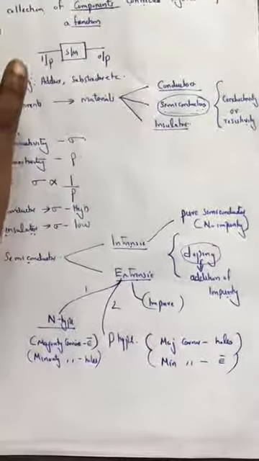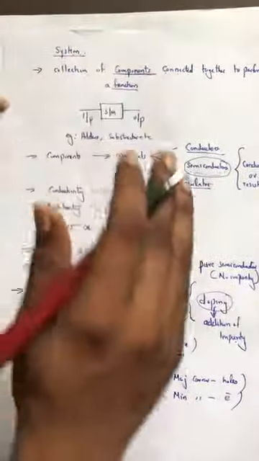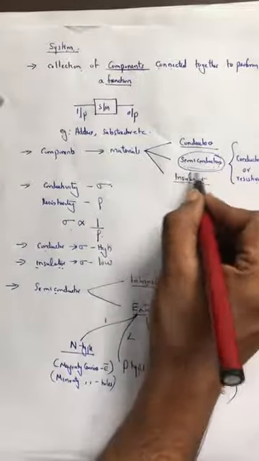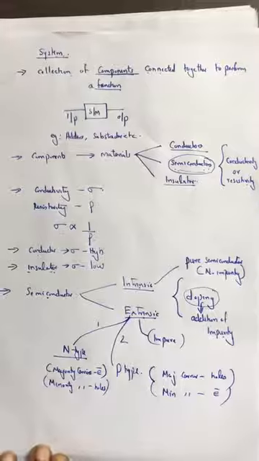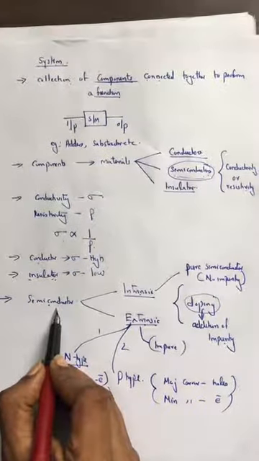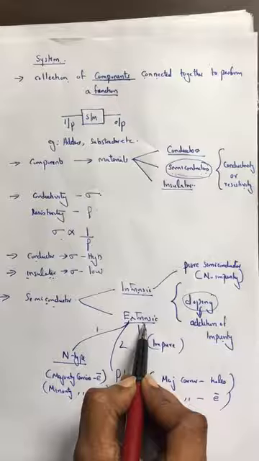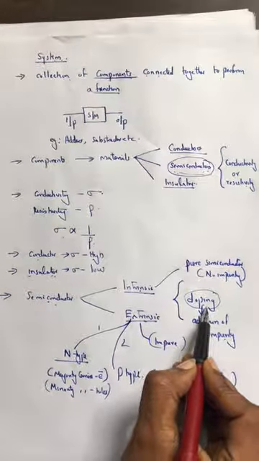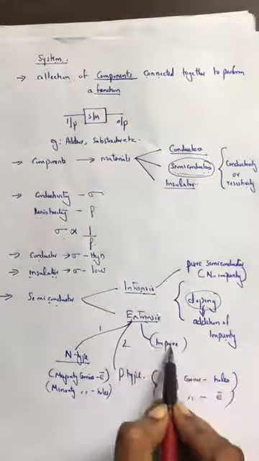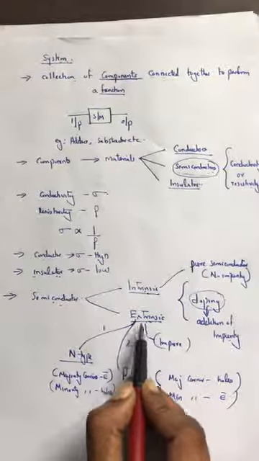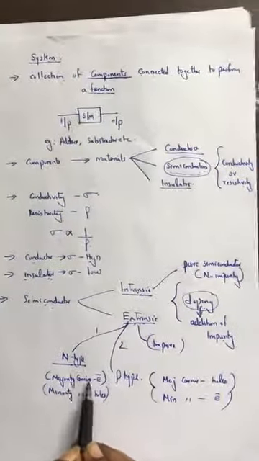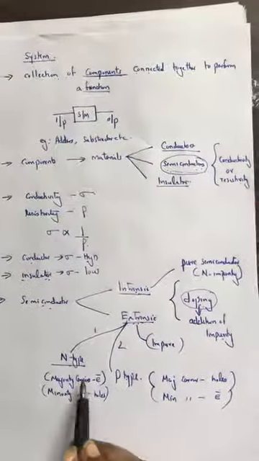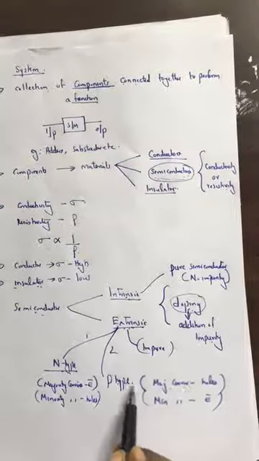So, this is the basic idea about a system, about the component and about the materials and especially about a semiconductor. This is the general classification of a semiconductor. Once again, the semiconductors are classified into intrinsic and extrinsic depending on the process called doping. The pure semiconductors are intrinsic, impure semiconductors are extrinsic, and this extrinsic is again classified into N-type and P-type. The majority carriers are electrons and minority carriers are holes for N-type, and the opposite case in the case of